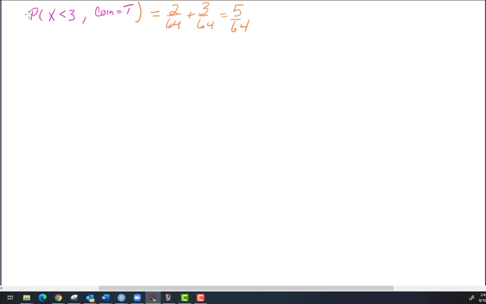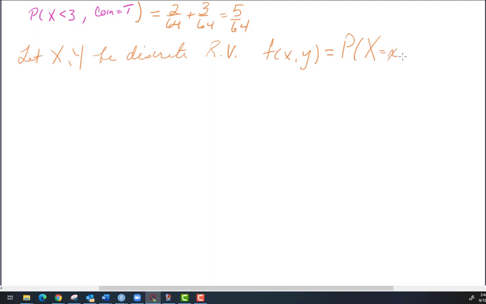Let X, Y be discrete random variables. F of x, y equals the probability that X is equal to x, Y is equal to y,